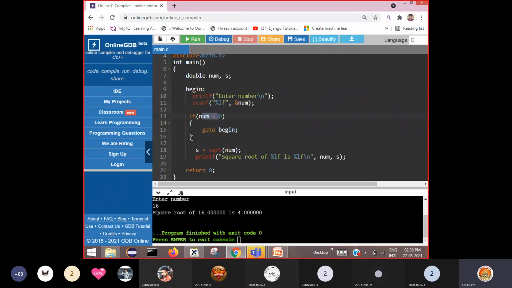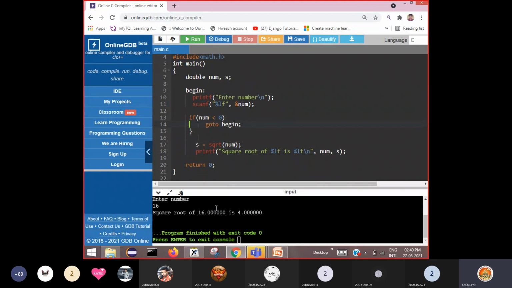If this condition is false, it comes out of this if statement and this is the statement to be executed. But by default the computer understands that the next statement belongs to the if statement. So when there is only one statement, there is no need of writing these braces here. Okay, so it is a good programming practice.